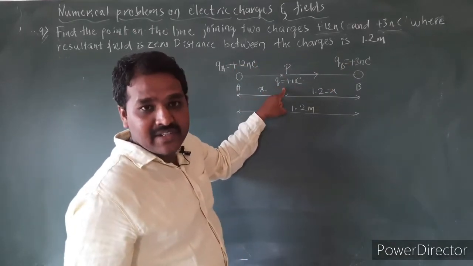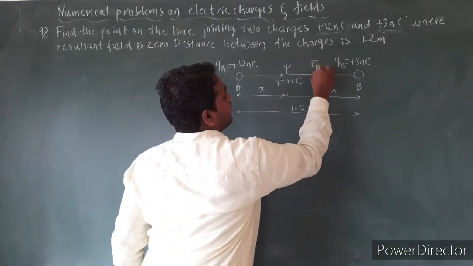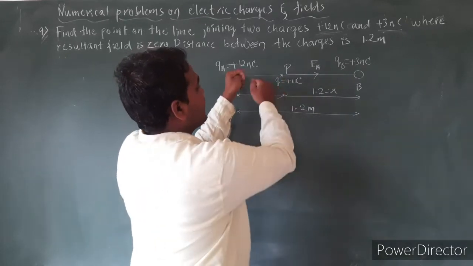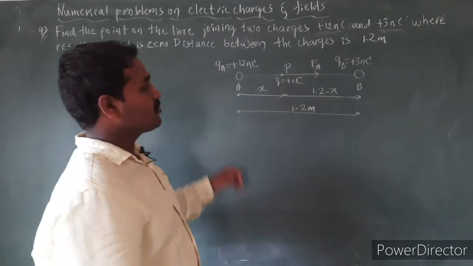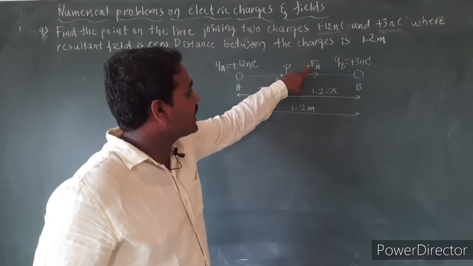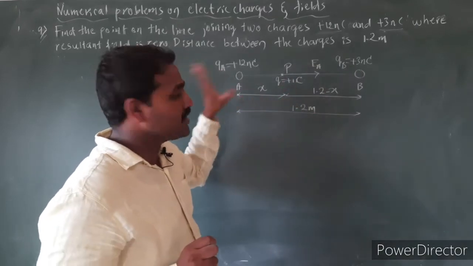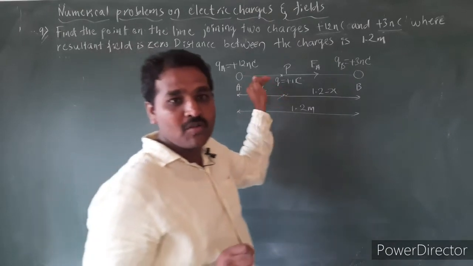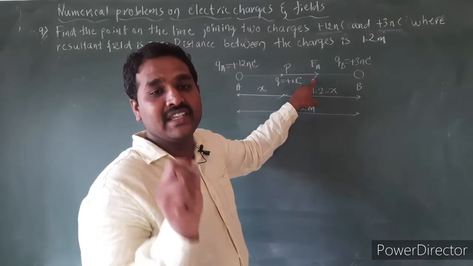If I write the electric field at point P because of charge QA as EA, that electric field will be along the positive x direction, that is along P to B. Both are moving away from each other, and I take the direction of the electric field as the direction in which the test charge moves because of the source charge. Because of the source charge QA, the test charge is moving along the positive x direction, that is along P to B, and that is the direction of electric field EA.